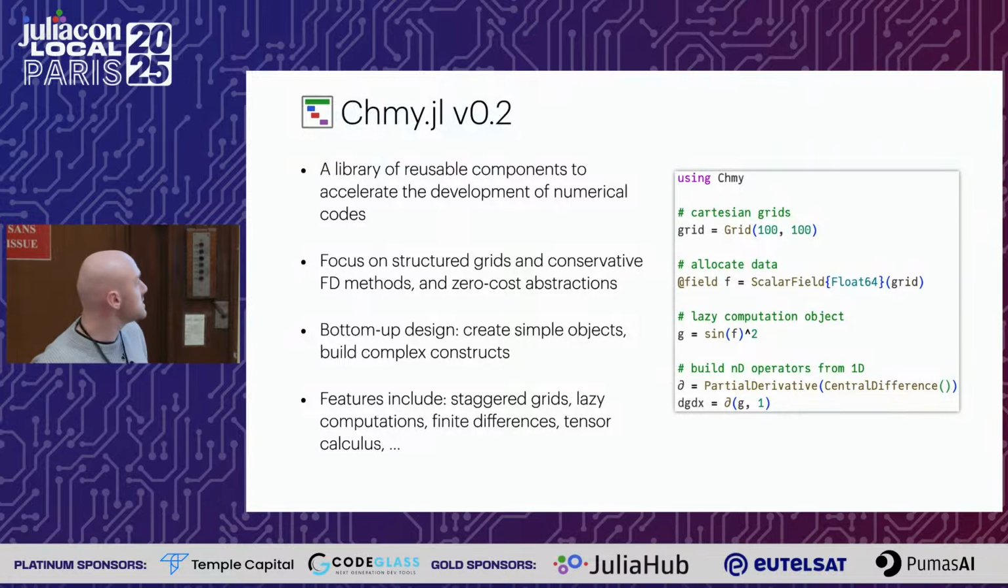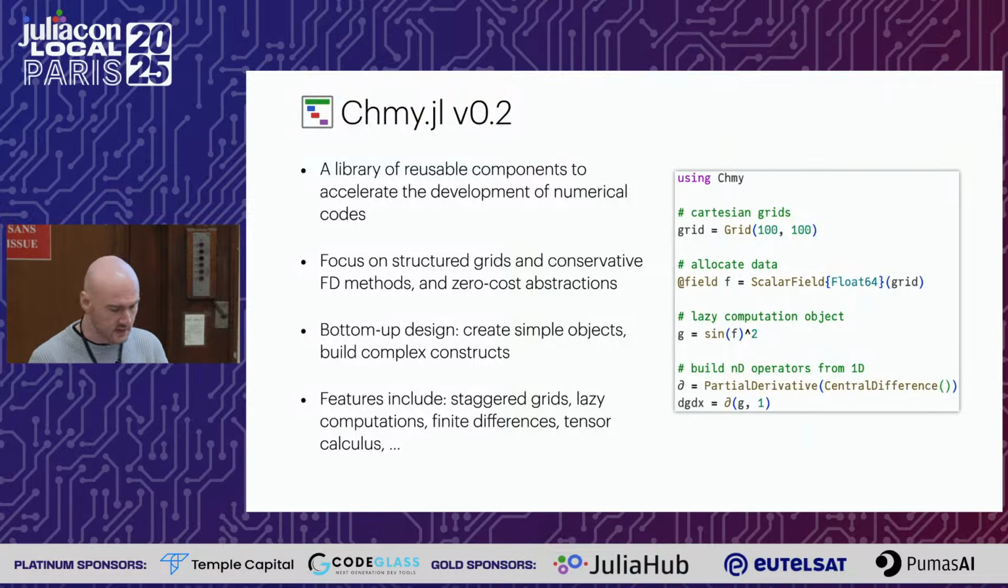So yeah, Chmy.jl version 0.2. Well, afterwards you can ask me what it means. It's a complete reimplementation of the previous version of this library, which is a library of reusable components to accelerate the development of numerical codes. It focuses on structured grids and conservative FD methods. And on top of that, we try to target zero-cost abstractions so that you can write the code, and when you execute it, it will be pretty much the same as if you would write all the